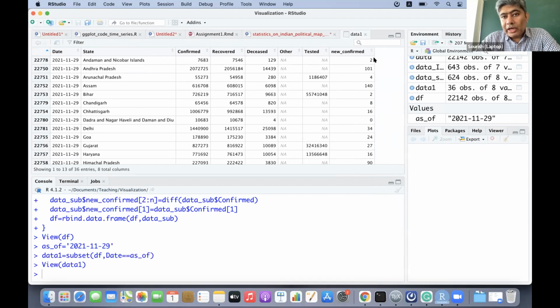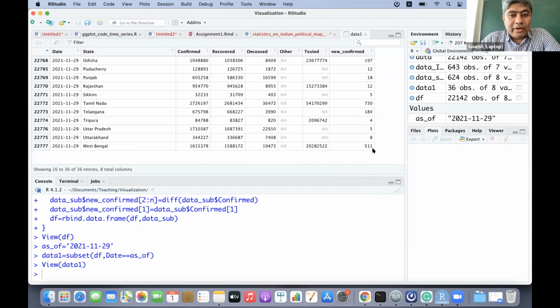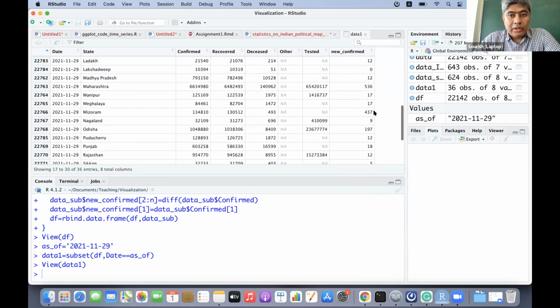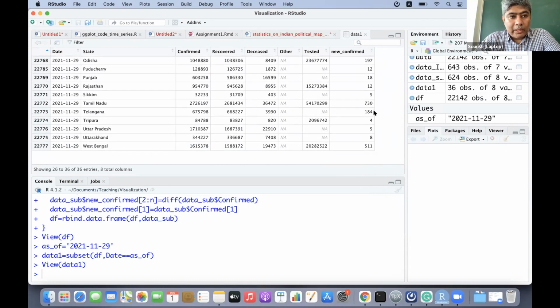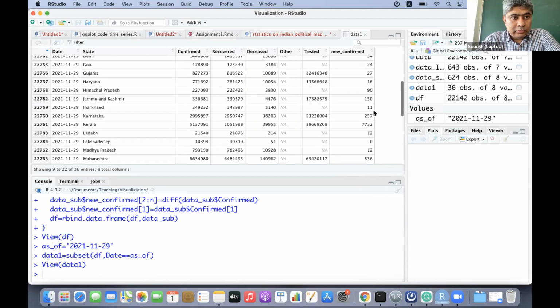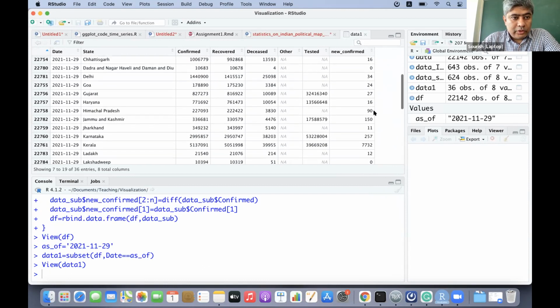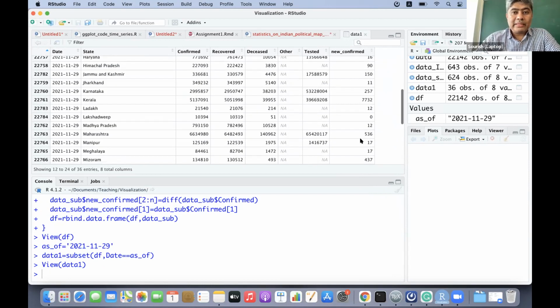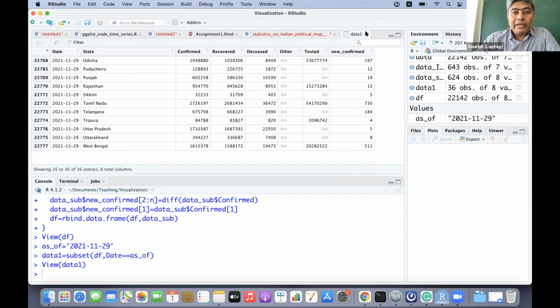These are the cases for the last observed day. Andaman Nicobar, on 29th November, we observed only 2 cases. Andhra Pradesh, we observed 101 cases. West Bengal, 511 cases. Kerala, we are observing 7,000 cases. Otherwise, most of the places we are not seeing many.